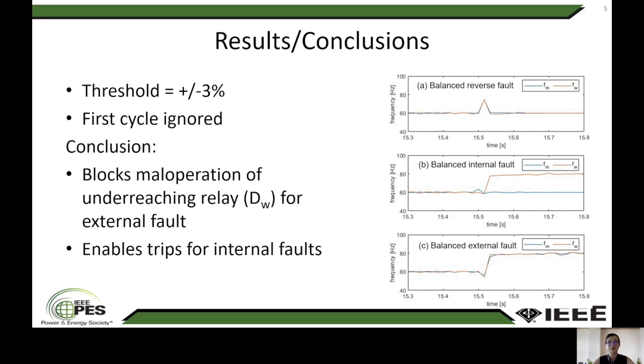It is to be noted that the first cycle is ignored because there will be a sudden increase of the frequency due to the transient introduced at the instant of the fault. For more detailed information, you are welcome to have a look at our paper, or you can contact me